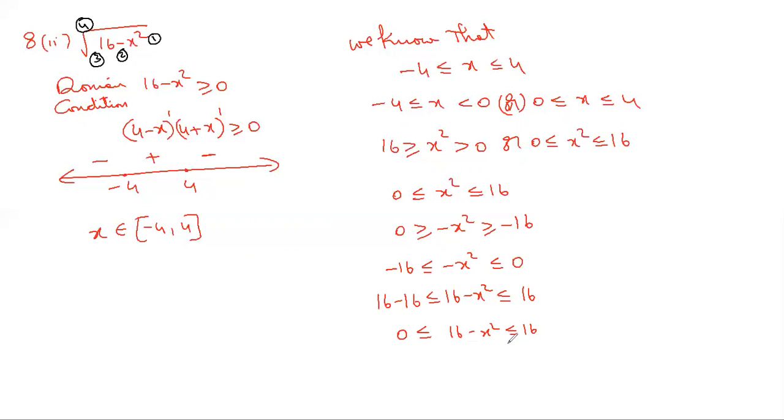We are allowed to take square roots only if it is in the positive interval. If a negative number is there in the interval, we can't take the square root. So we take the square root throughout the inequality, and we take the positive square roots, because the requirement is also the positive square root of 16 minus x squared and the positive square root of 16, which is 4. So we got that the expression we are looking for lies between 0 and 4. So the range is the closed interval 0 to 4.